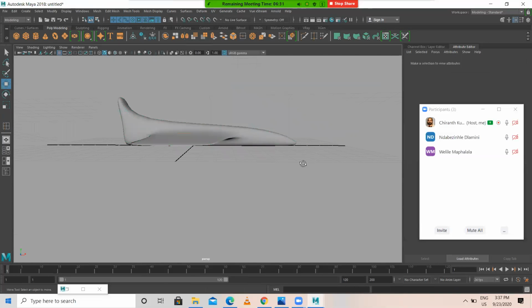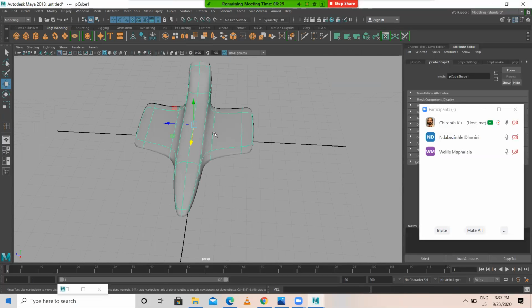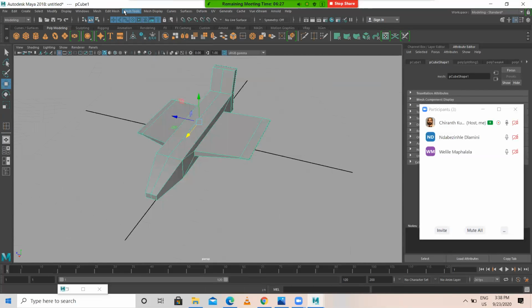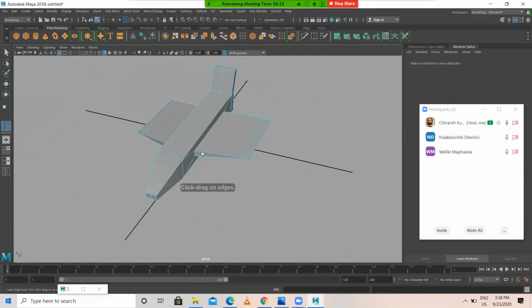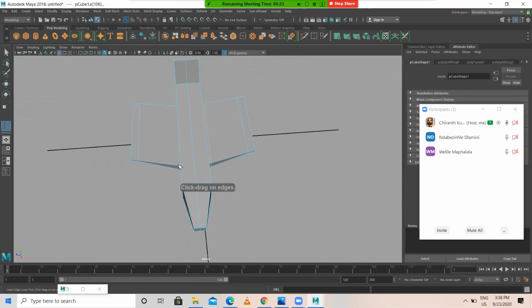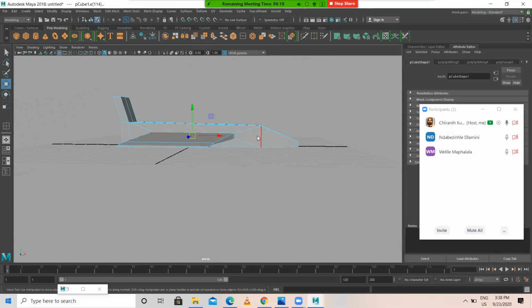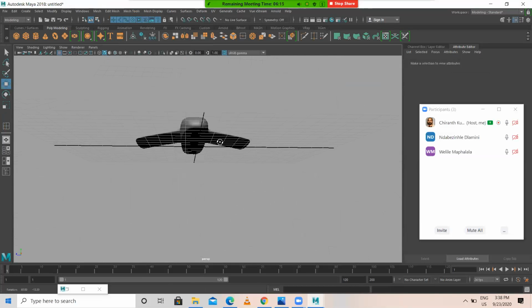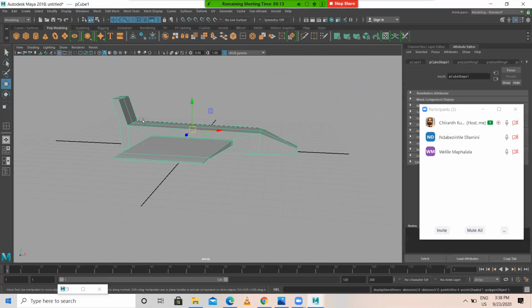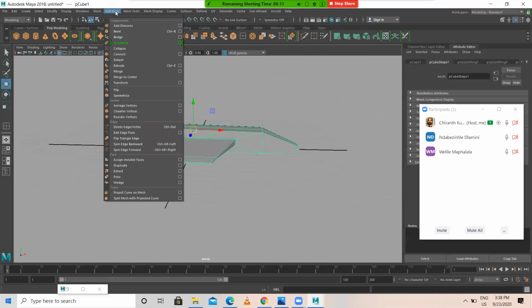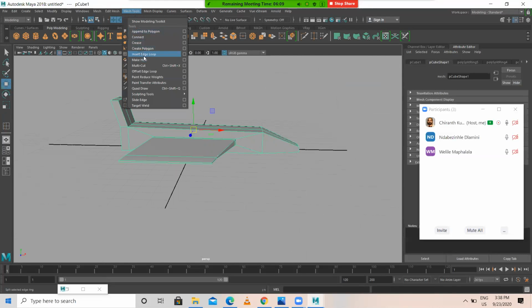Press 3 for the smooth button. I need to add one more mesh here. I'll add one mesh here. I'll add one mesh here. Then press 3. I'll add one more mesh here.